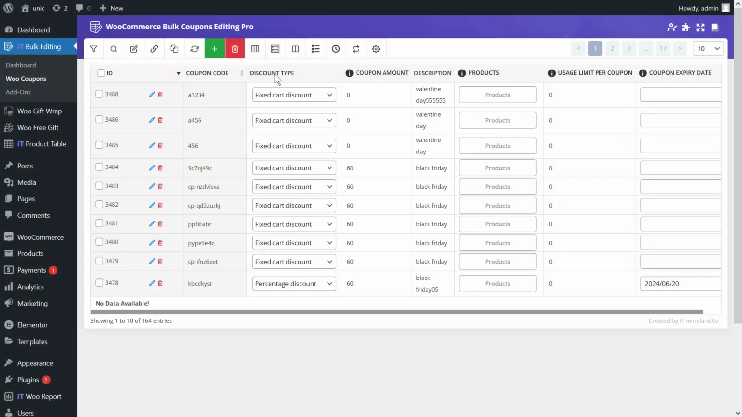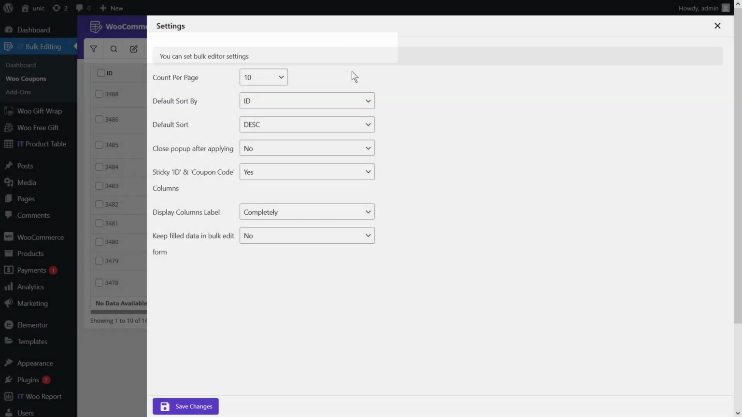This tutorial is about the options in the main settings of WooCommerce bulk coupons editing plugin and how they can help you to manage and customize the plugin. By going to the Settings tab on the top ribbon of the main page, you'll have access to some options